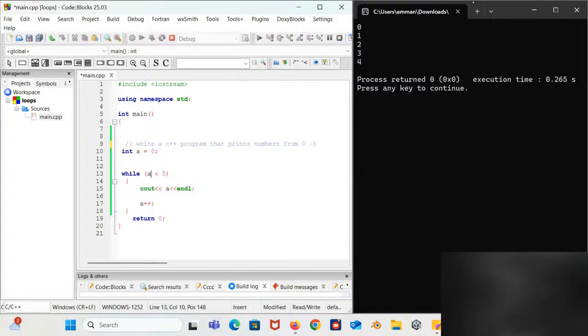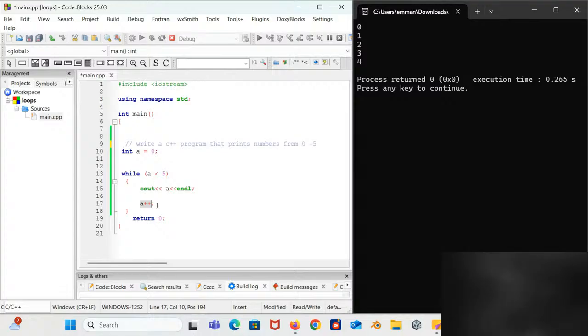So we keep on executing. So we execute 3 here. Then add another value to A, as you can see here. So what becomes of A? A is 4 now. Is 4 less than 5? Yes. So the condition is still true. So what happens here? It sees out the value of A, which is 4. And then that's A++. Now A becomes 5. Is 5 less than 5? No, it's false. Then the code stops executing.